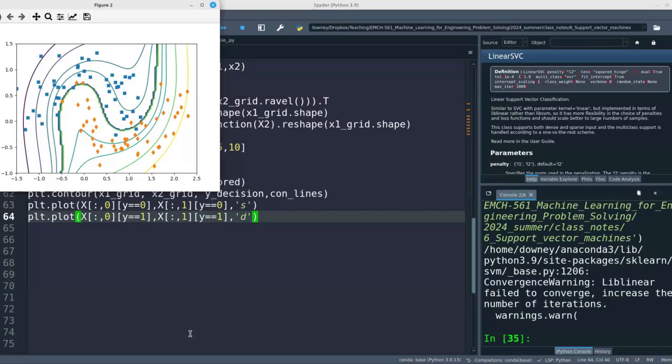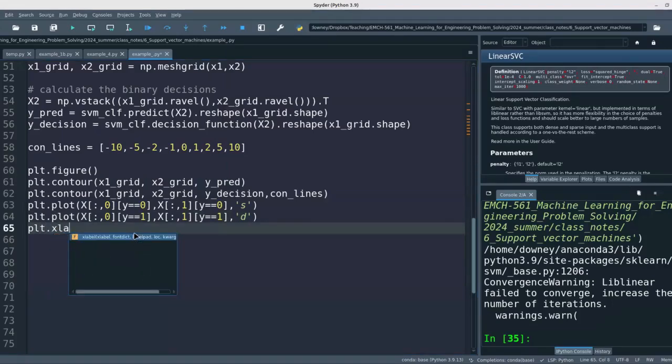And that is a support vector machine nonlinear classifier for our moon data. Everybody likes moons. Right, and I guess we probably should add some labels to this. It's not a huge thing, but